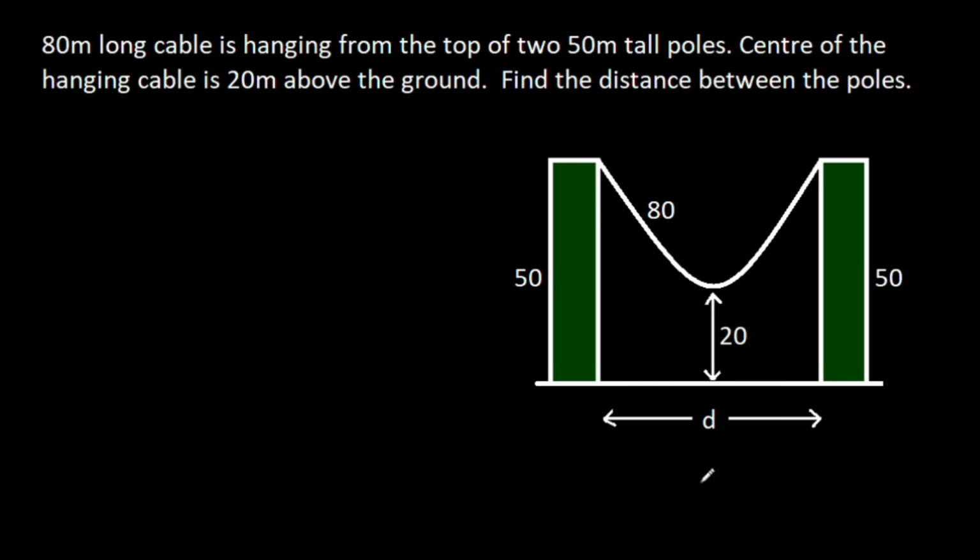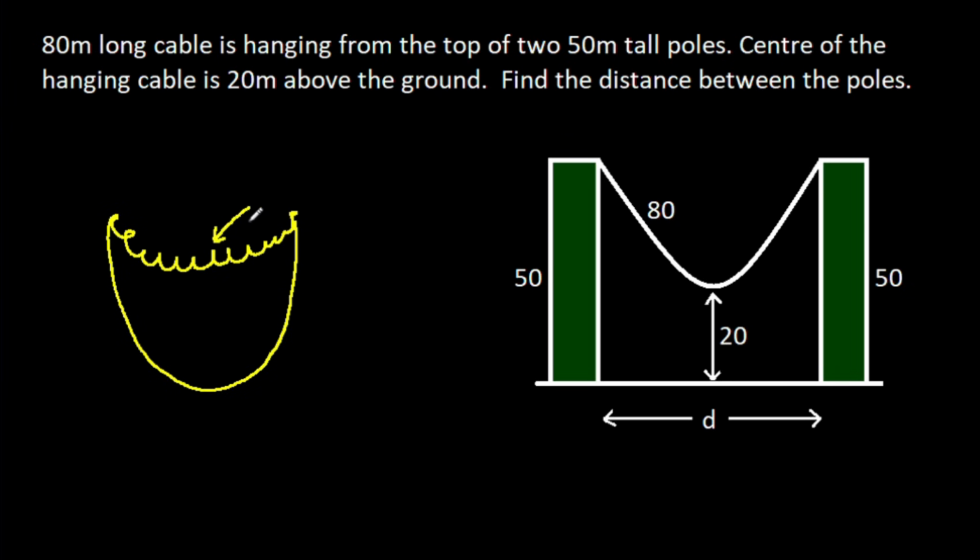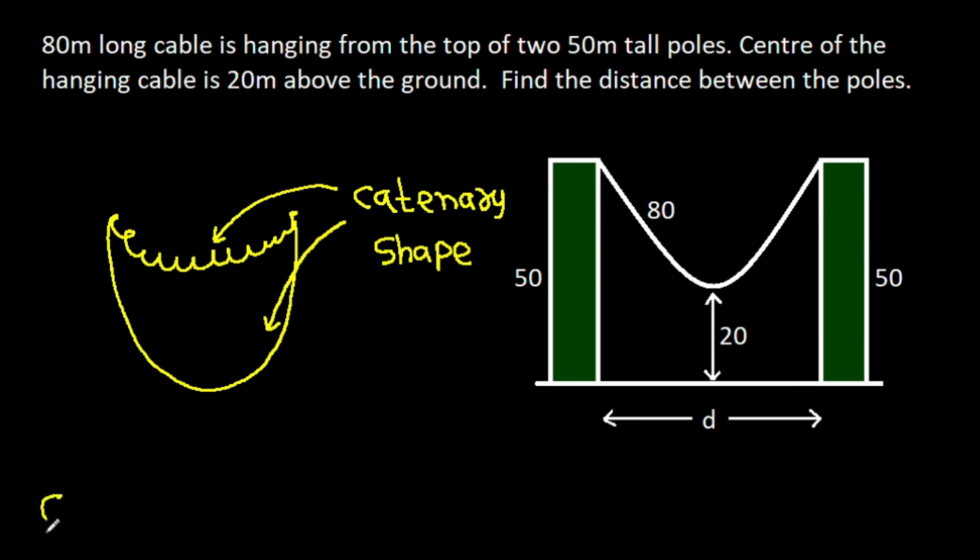Can you find the distance D from two points where any chain or cable is hanging? Then the shape is not a circle or anything. This shape is catenary shape. And the general catenary equation